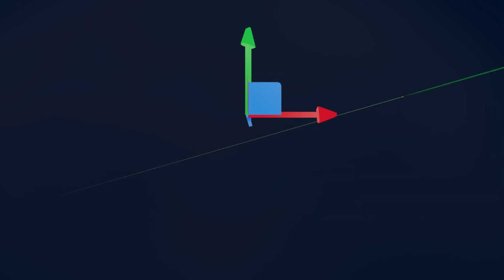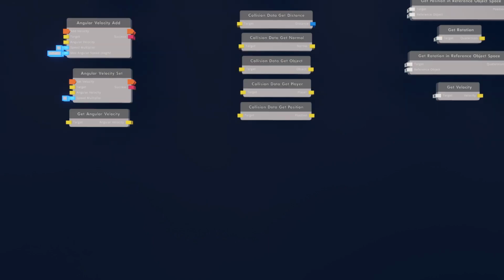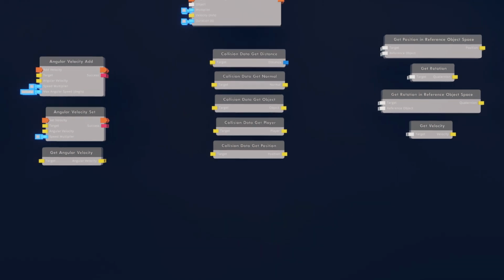Yeah, today we're going to be going over physics. So let me get out those chips. Okay, so if you go to the physics category in your palette, you'll see a lot more chips than this, but these are really the only important ones, and the other ones are pretty basic, like get camera position, nothing